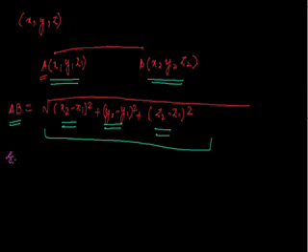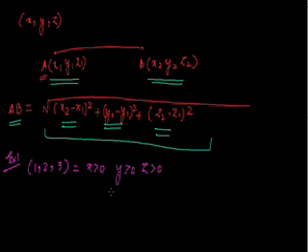So example first. If you want to locate the following points, we are given some points and we have to locate them in their respective octants. So the first is (1, 2, 3). In which octant will it lie? As x is greater than 0, y is greater than 0, z is greater than 0, that is x is positive, y is positive, and z is positive, it will lie in the first octant.